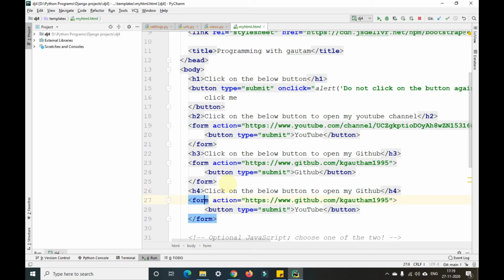I'll give H4, and I'll give Twitter or my Instagram. Instagram is also the same, guys. The username is the same for all my accounts.